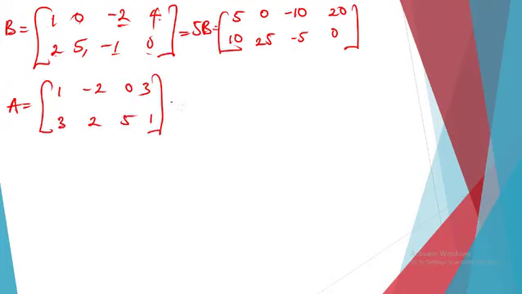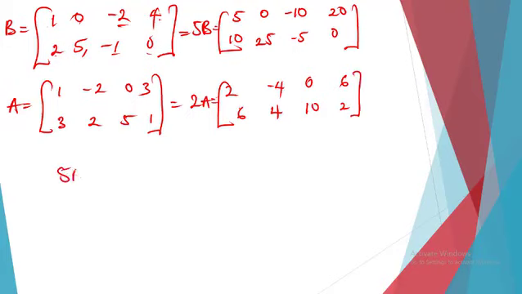Then our 2A will be equal to 2 times 1 is 2, 2 times 3 is 6, 2 times minus 2 is minus 4, 2 times 2 is 4, 2 times 0 is 0, 10, then we have 6 and 2. Then finding 5B minus 2A will then be equal to,